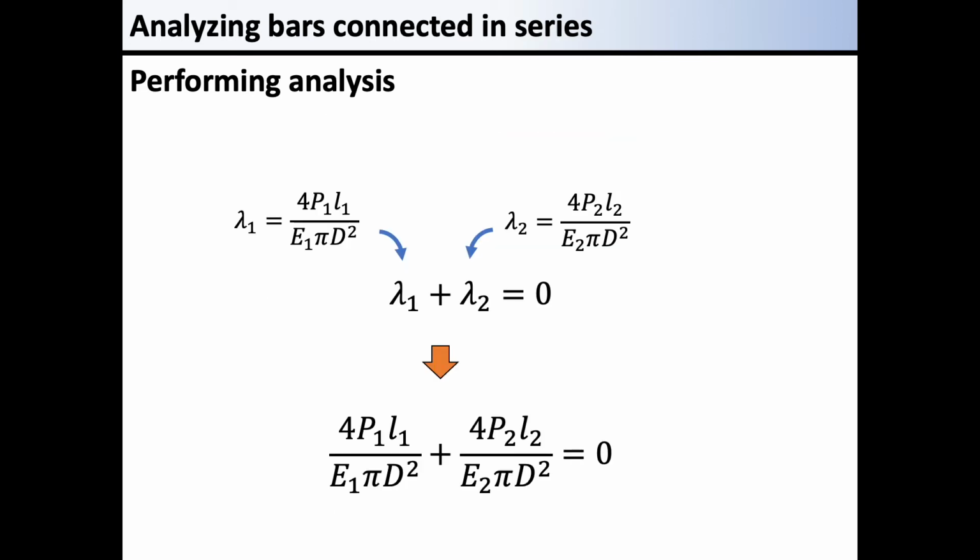Although you may think that the solution to this problem is just the sum of these elongations of the left and right sections, you should notice that P1 and P2 are still unknown. So, the answer is wrong if you just add these two values together. We need to apply the condition. The total elongation of the bar is calculated by adding the two values together, and the total elongation is 0. So, we get the relationship.